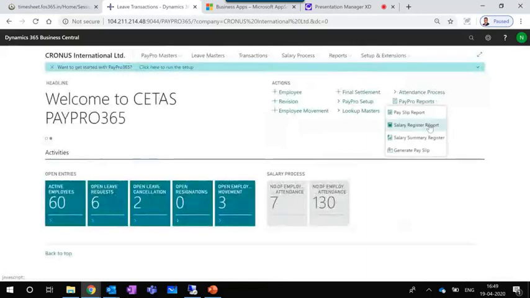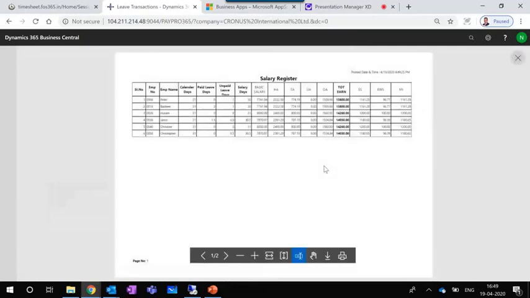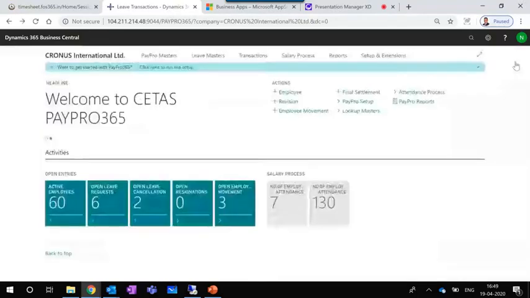There are also some other reports, like you can run the salary registers for a particular location and pay group. Again, this is completely configurable. The columns you can map with the component, whatever you want to showcase in the report. So that is a configurable report. These are the deductions and the earnings that you can see here.